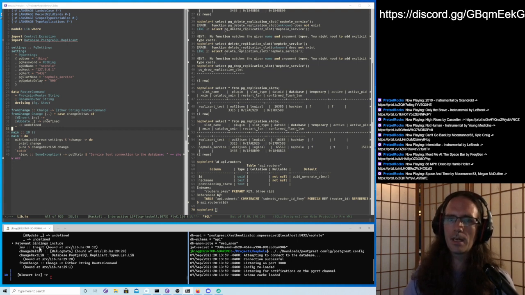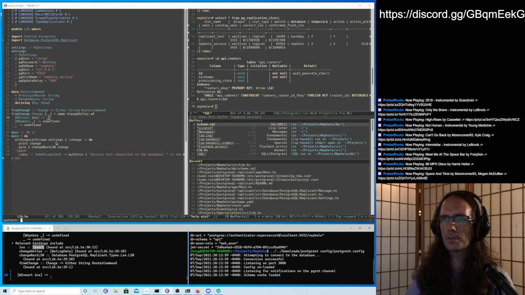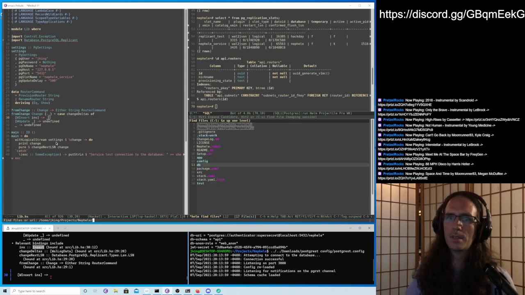So the insert is going to have all of our data about the insert, and we only care about the one table in this case, which is routers. That's the table within the realm of our domain and what we're interested in here, in this from change function. Since we don't have LSP working for us to bring up the type, I'm just going to bring up the code for it. Database rep.